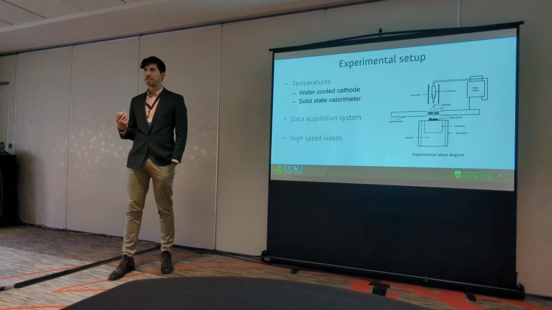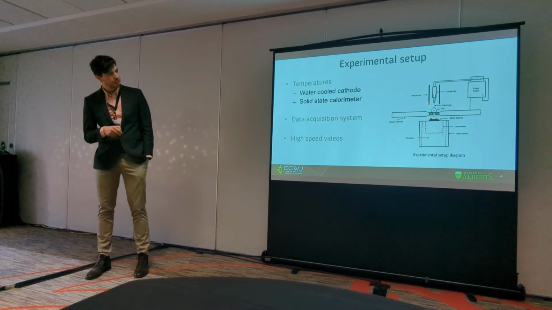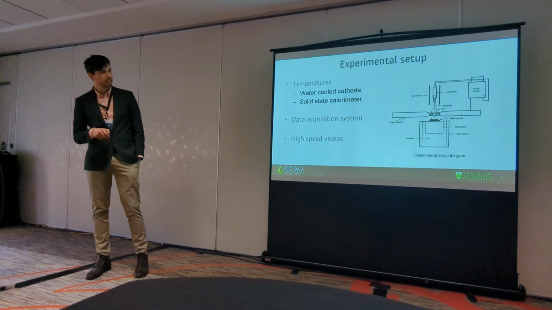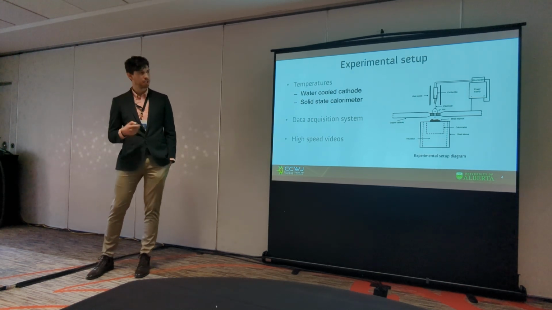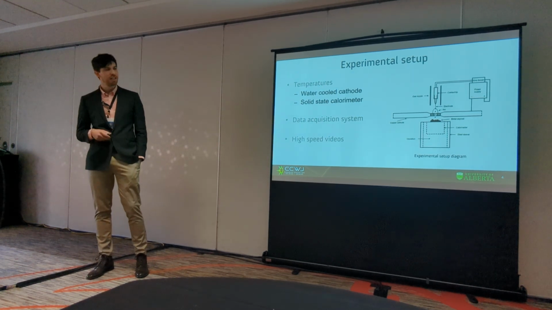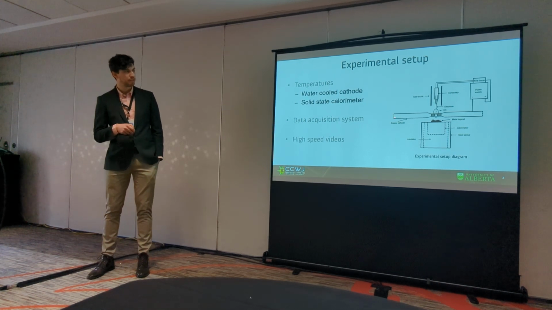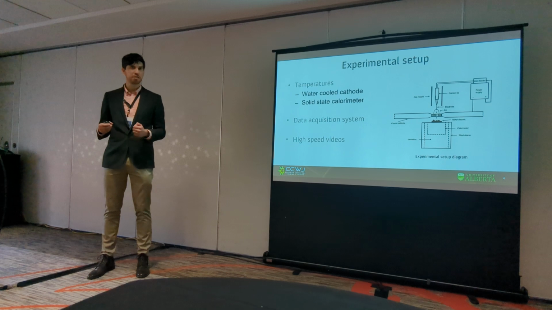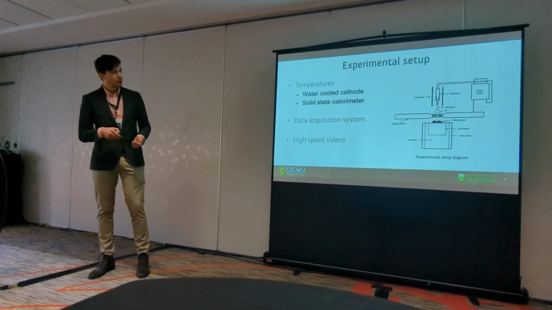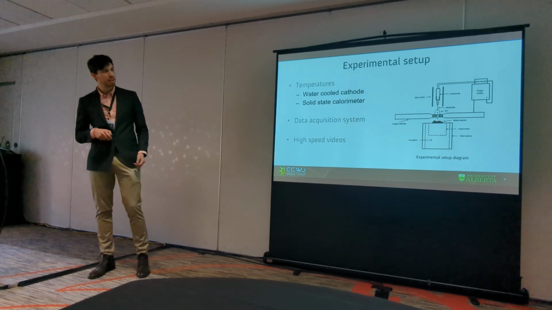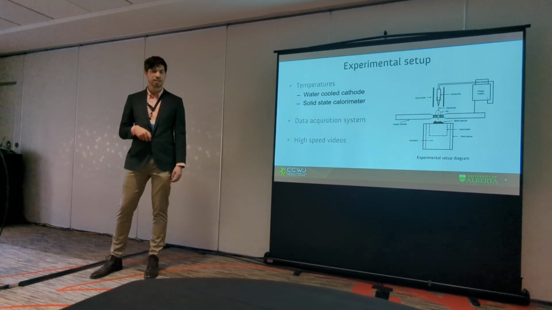So what's this experimental setup that we used? We used a MIG torch here, steady, in this water-cooled copper cathode, so it has water flowing inside, and we put some thermocouples inside of it, before and after the arc, so the water is going to change temperatures. We're going to know eventually the cathode heat. Also, it has a hole in the middle where the droplets can fall through into this solid-state calorimeter